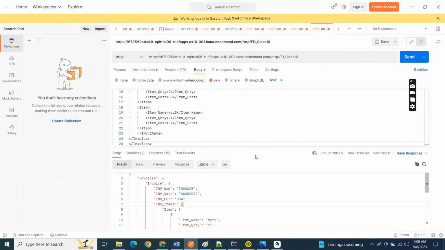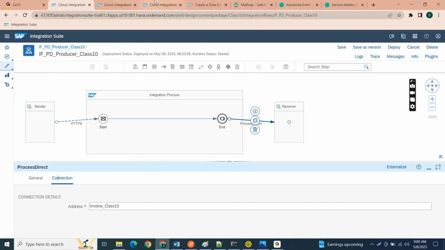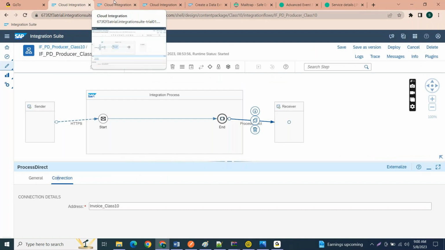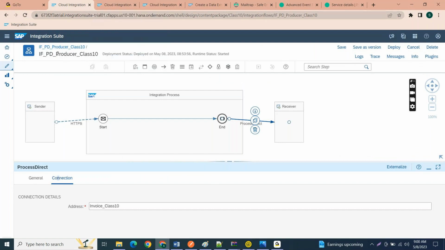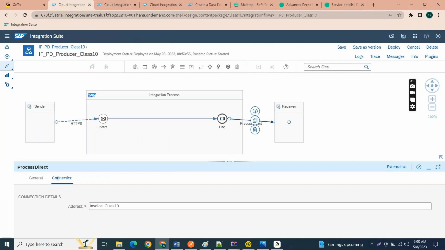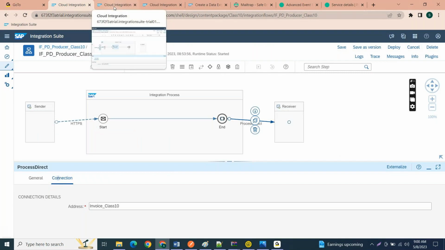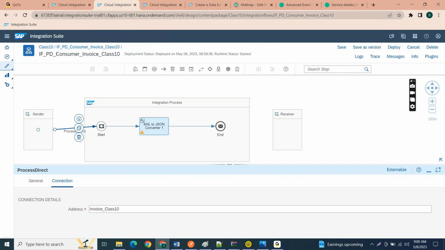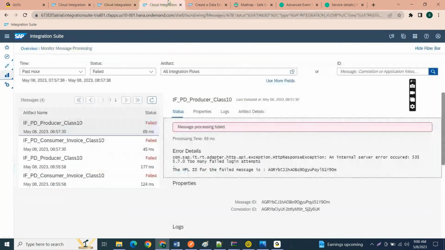So for example, see now how we can validate this. So for example, this is the producer, right? So this is the consumer. So for example, producer lo message fail ayindandi, consumer lo message fail ayindi. సో కన్స్యూమర్ లో ఫెయిల్ అయిందా, ప్రొడ్యూసర్ లో ఫెయిల్ అయిందని ఎలా ఫైండ్ అవుట్ చేయాలంటే, సో బేస్డ్ ఆన్ ద ఎర్రర్ డీటెయిల్స్ యూ